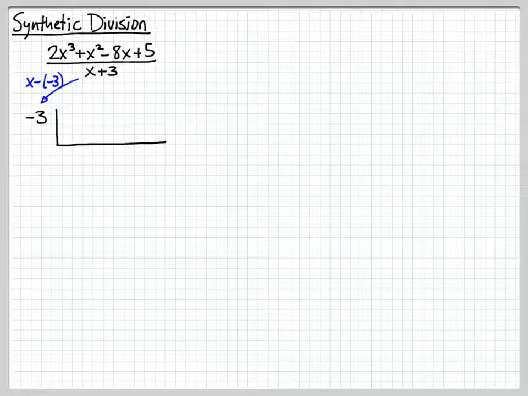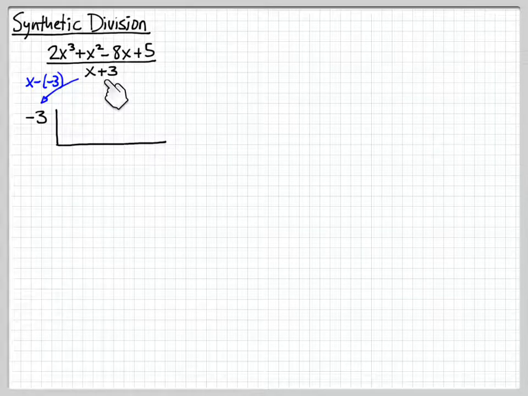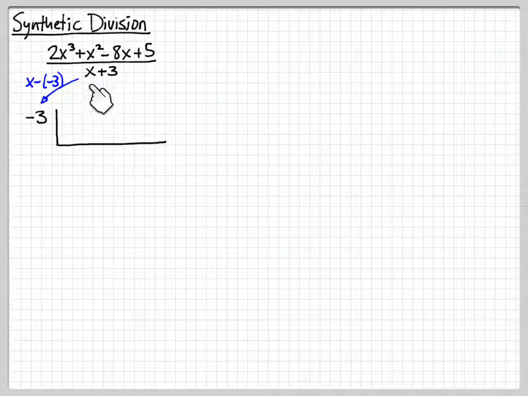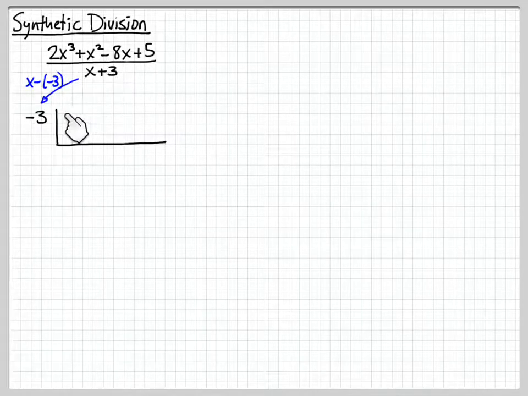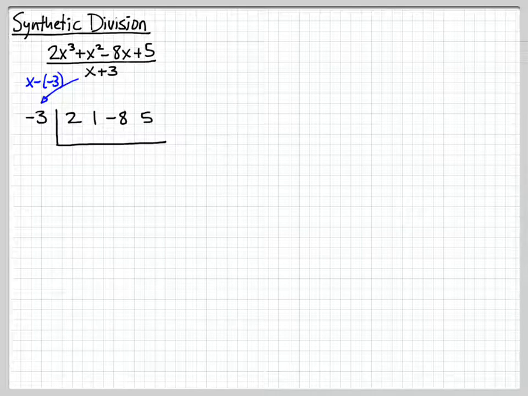So suppose I want to divide this polynomial by x plus 3. So what I do is I take the opposite of the 3 and put negative 3 here. So think of it as x minus negative 3. We put that term right there, and then we take our coefficients of our polynomial here in our numerator and put it across here. So again, this is just the synthetic substitution step that we learned before. We bring the 2 down